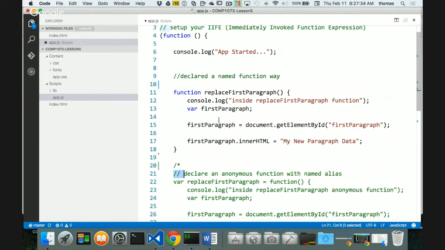Okay, so here's our other way, this named function, which, I'm telling you, is probably our preferred methodology because it's cleaner. You declare the function using the function keyword, and then we indicate the function name. So this is a named function, that's what it's called, right? And then we do a console log inside replace first paragraph function, right? That's what this is. And then we declare a variable called first paragraph that's going to hold a reference